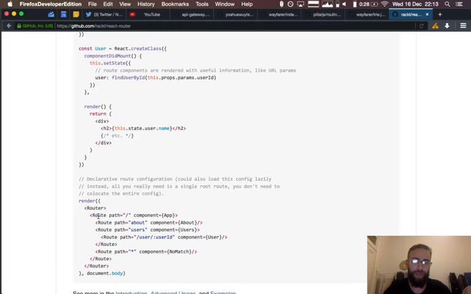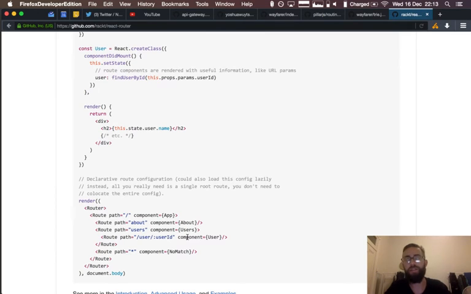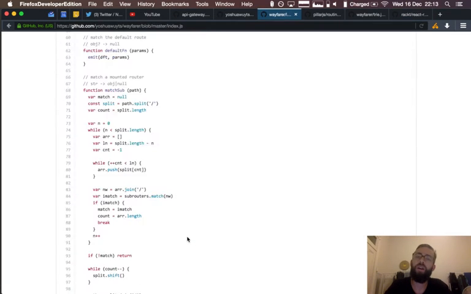So you mount all these things here, and if they match, if slash user slash user ID matches, then this whole thing will be resolved. I kind of want to do the same, but not in JSX, not in React, just as a general solution using the fastest way we know of making routers, because I think that would be neat. It would work very well with Mercury, for example. So that's the one side, that is client-side routers. Then on the other side,